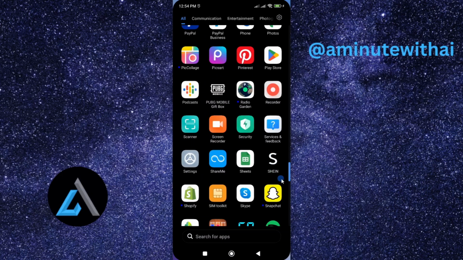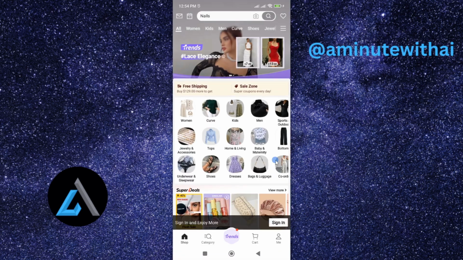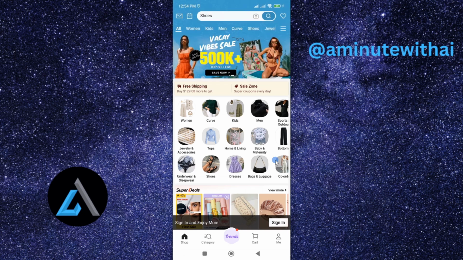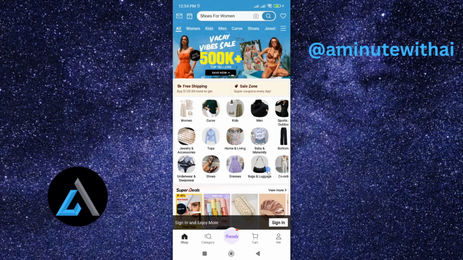In this tutorial, I'm going to show you how you can update your Shein app to the latest version. So if you have your Shein app and you're missing out on the latest features that this app comes with, or you are experiencing a lot of challenges with your app, the best thing to do is to go ahead and update it. To update Shein app, you can do so on App Store if you are using an iPhone,